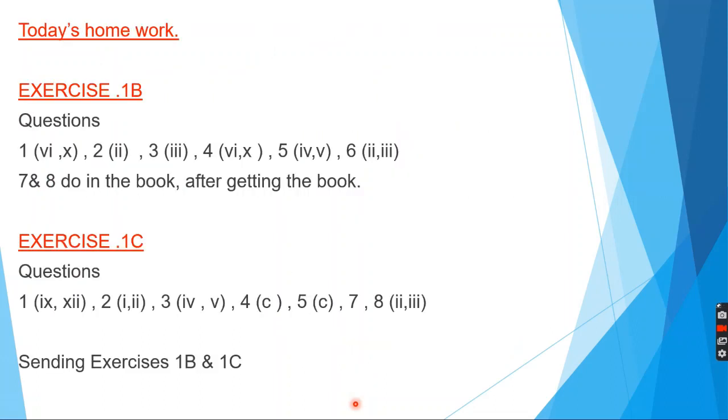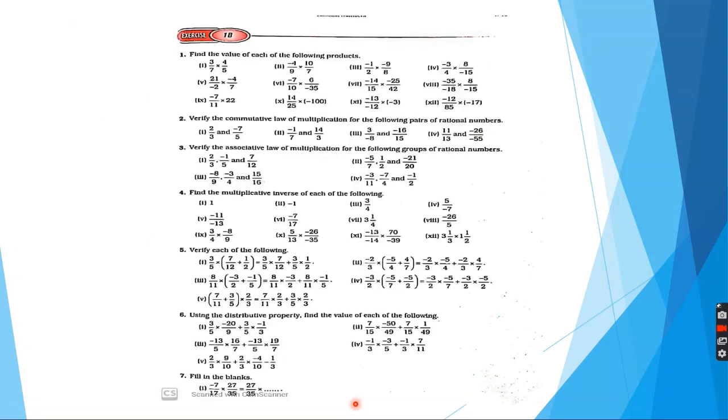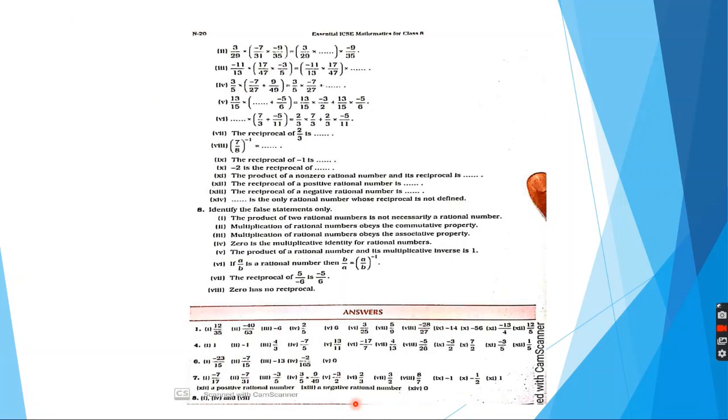Now those were the questions of exercise 1C. The remaining questions, there are so many questions. I am not asking you to do all the questions as homework, but I am selecting a few questions. You should do all the questions given in the fair copy, and the remaining questions you have to do in the practice copy, or you have to practice them. Whatever questions I have discussed in the slide or the PDF you have to practice, because these are most of the difficult and important questions I have discussed. Now I am sending the exercise 1B and 1C. This is 1B and this is 1C.